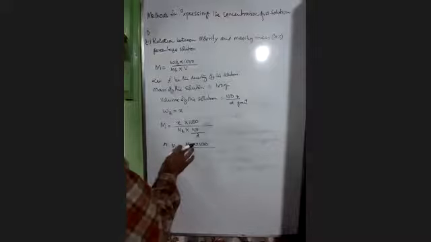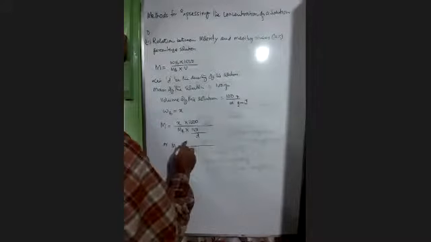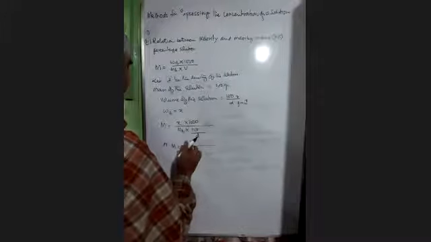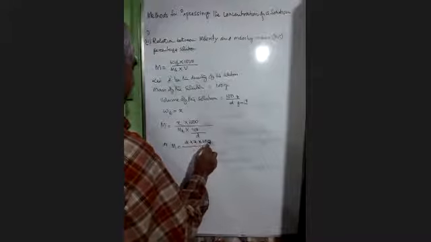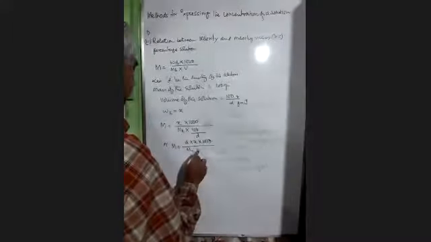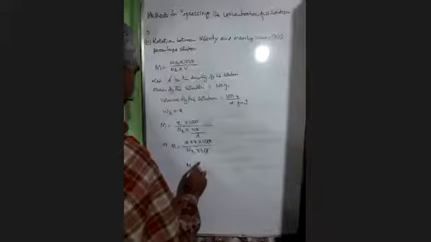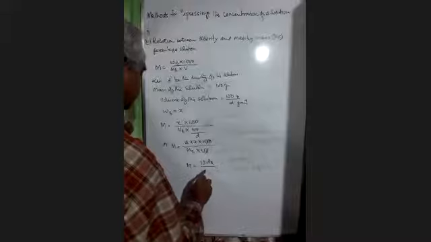Hey, what did I write? First one I got 10. Sorry. So it is D into X into 1000. This has gone up, no? So MB into 100. So therefore M equal to what? M equal to 10 dx by